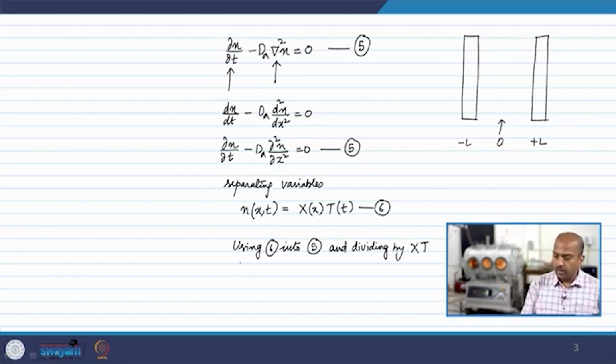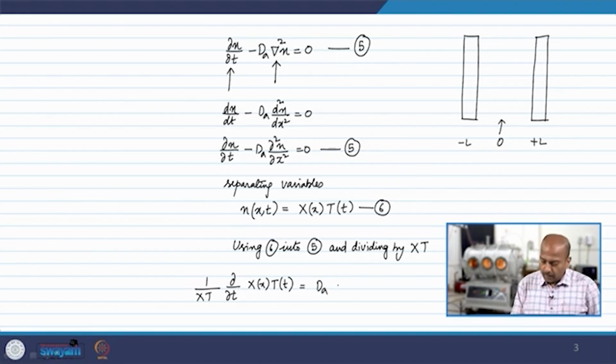We will get dou by dou t of X(x) T(t) into 1 by XT is equals to dA dou square by dou x square of X(x) T(t), and this is divided by XT,